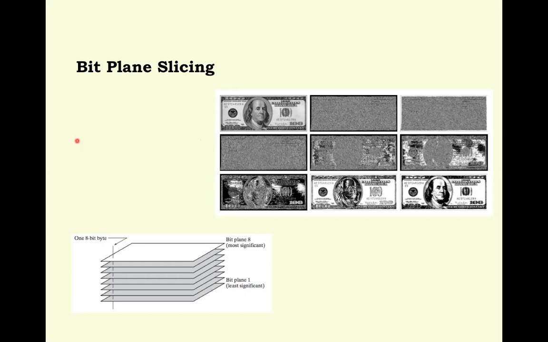So any image has this 0 to 7th plane. Whenever you are coding a particular intensity, 8 bits are required to code intensities from 0 to 255. For that reason, bit plane slicing has 8 planes, 0 to 7. Another significant thing: if the coding is 4-bit, then the number of planes will be 4, and there will be 2 to the power 4, 16 consecutive intensity levels.